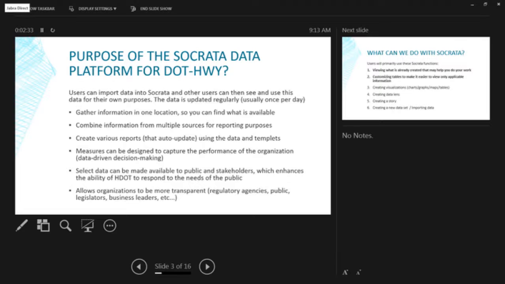That's the power: you have ready-made graphics or tables or whatever it is you want to make that continue to update when the underlying information updates. So you don't have to go back and redo things over and over again. When you start to learn what the underlying information is, this becomes a lot more powerful. And I'm going to show you a couple ways that we've pre-built those reports